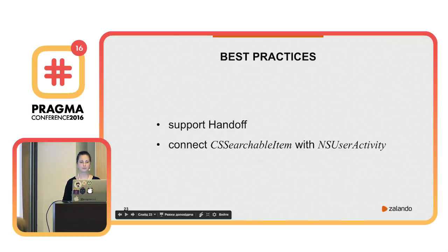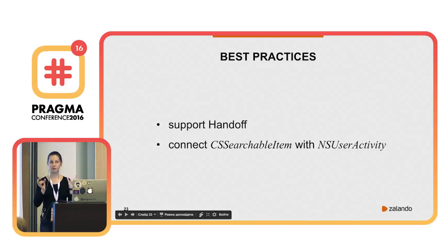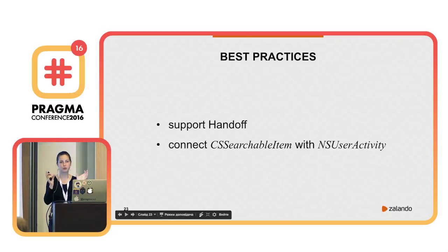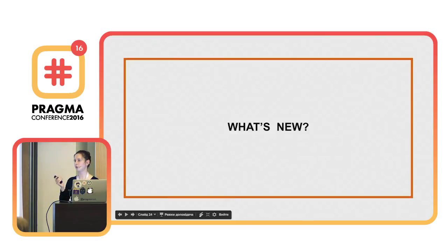And also connect your searchable item with the user activity. Sometimes, for me, the first question was, why are they different? It's actually the same. I open the screen there, I open the screen there, so how should I link them? But as I said before, they are two different entities. So if you create an activity and a searchable item which do basically the same, you will duplicate results. So then when you open them or remove them, it will not be handled correctly, right? So please connect the searchable item and the user activity if possible. This was also available from iOS 9.